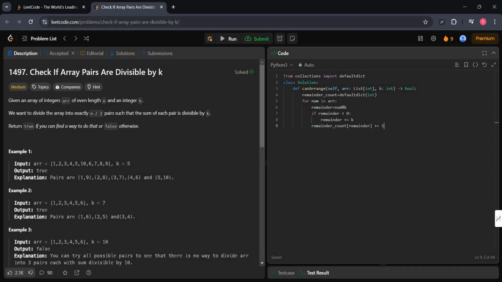Okay. Now we are going to check the pair conditions. Now that we have all the reminder counts, we can check if pairing is possible or not. So let's write the code for that also. Let's take another for loop to check if the pairs can be formed or not. So I'm taking a variable rem in the dictionary. Okay, I'm gonna traverse the whole dictionary. If rem is